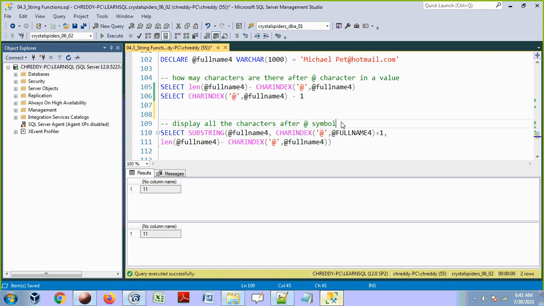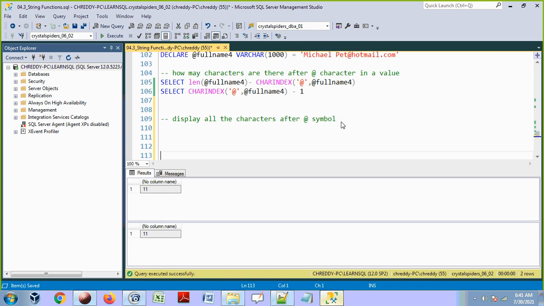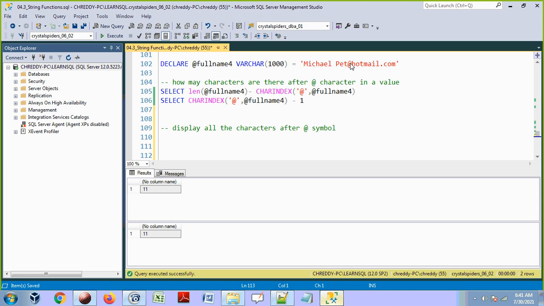So now here, guys, I'm going to give you the logic. What is that logic here? Take the substring from this value. When you want a substring, we have to specify the starting position of the character. What is the starting position of the character? That should be H. But how do you specify that? First what I can do, I will take the position of the @ symbol and +1. Then that is the starting position. When we take the position of the @ symbol +1, then it is indicating this H.